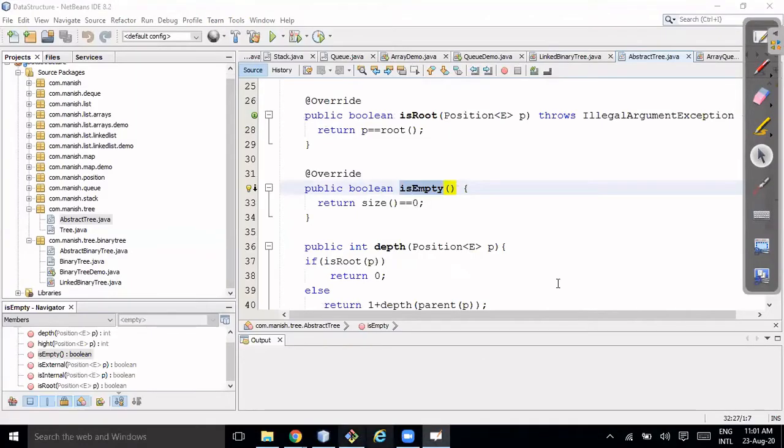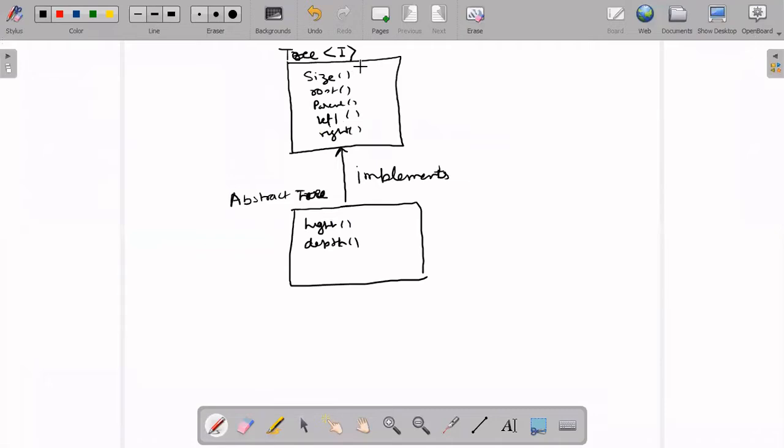So I'll go back. There were a few more: is internal, is external, is root, is empty.